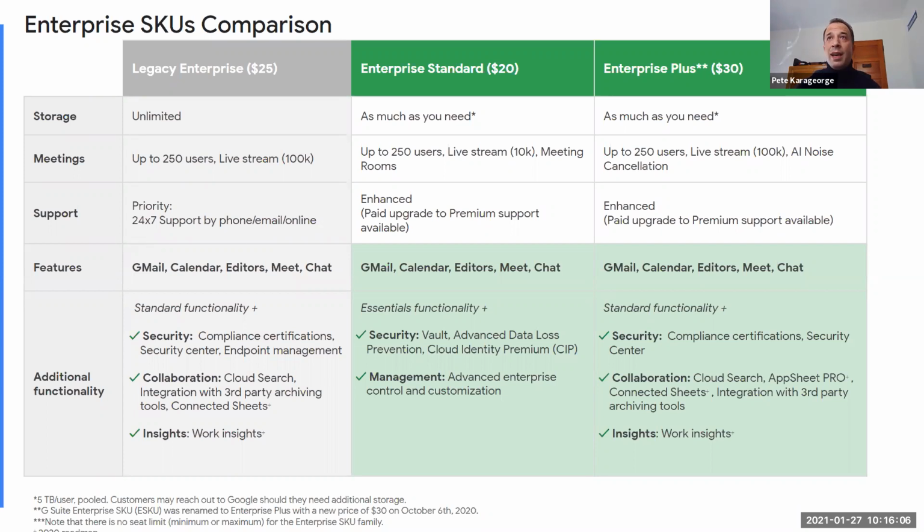So you can see storage is not a problem. As much as you need. A lot of our customers are recording Google Meet meetings or uploading vlogs or trainings, and sometimes that eats up a lot of storage. Just know that if that is a requirement, we might need to look at Enterprise Standard or Plus for your needs. But you can see the thresholds of